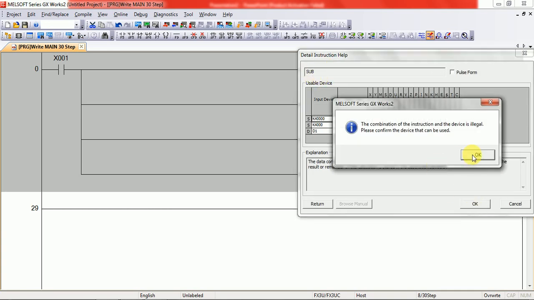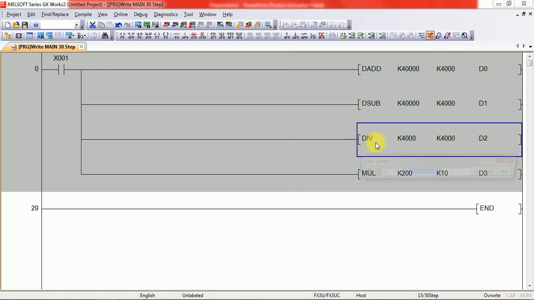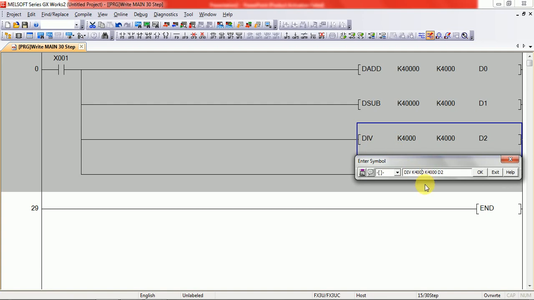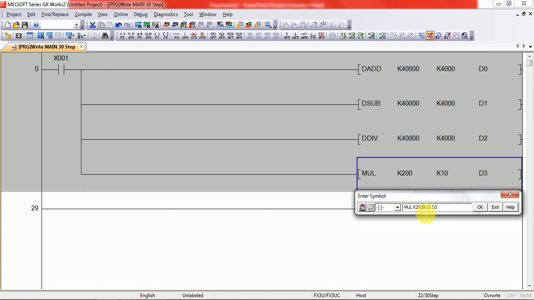So for this I will use D. Okay, same here, I will use 40000 and double D, and the same 20000 and D will be here.